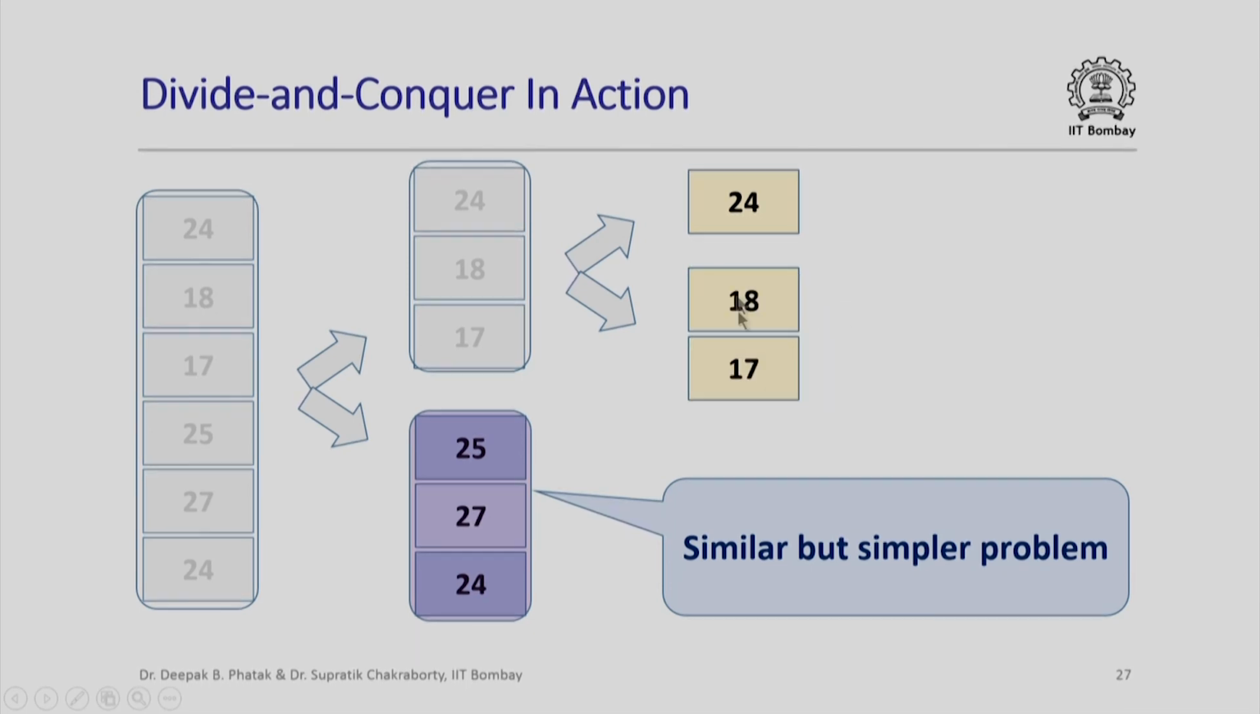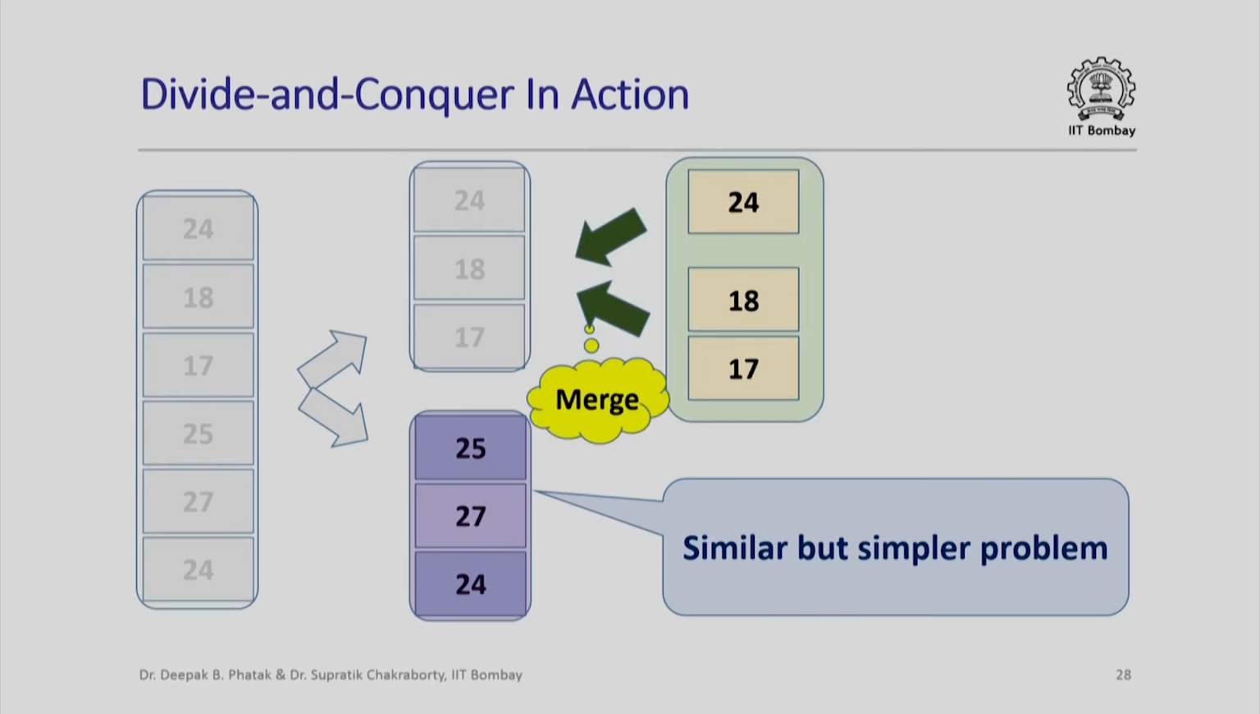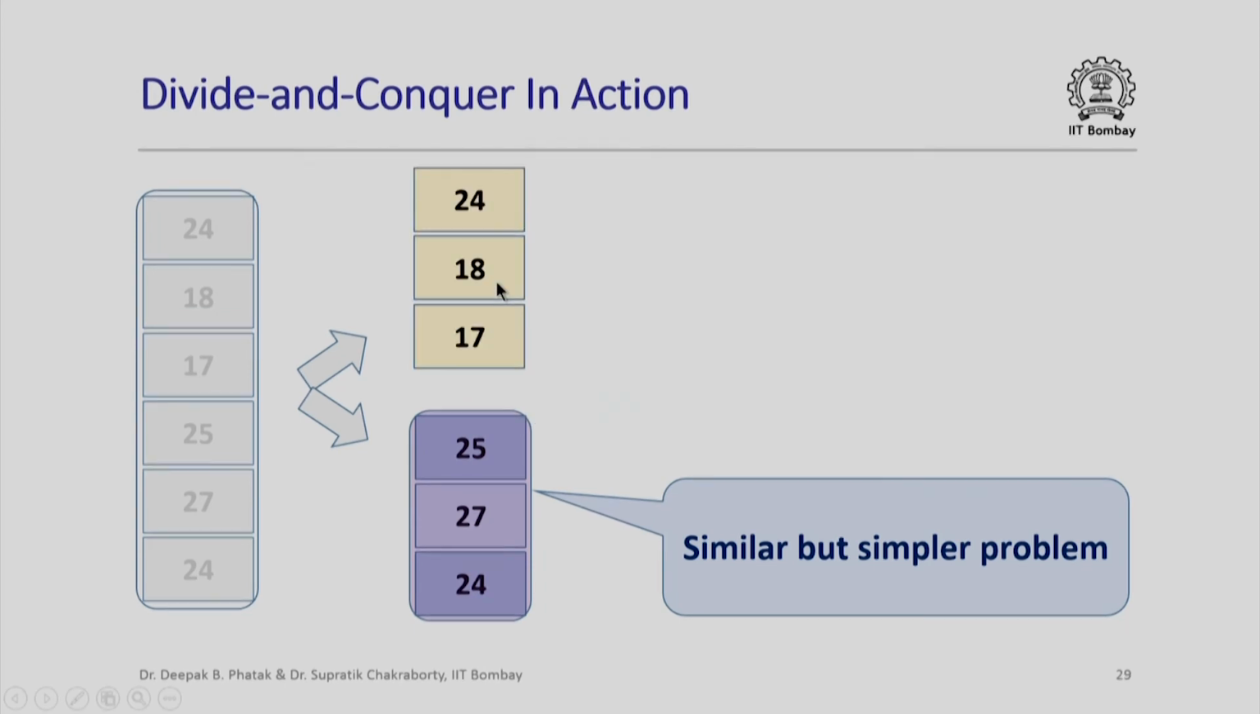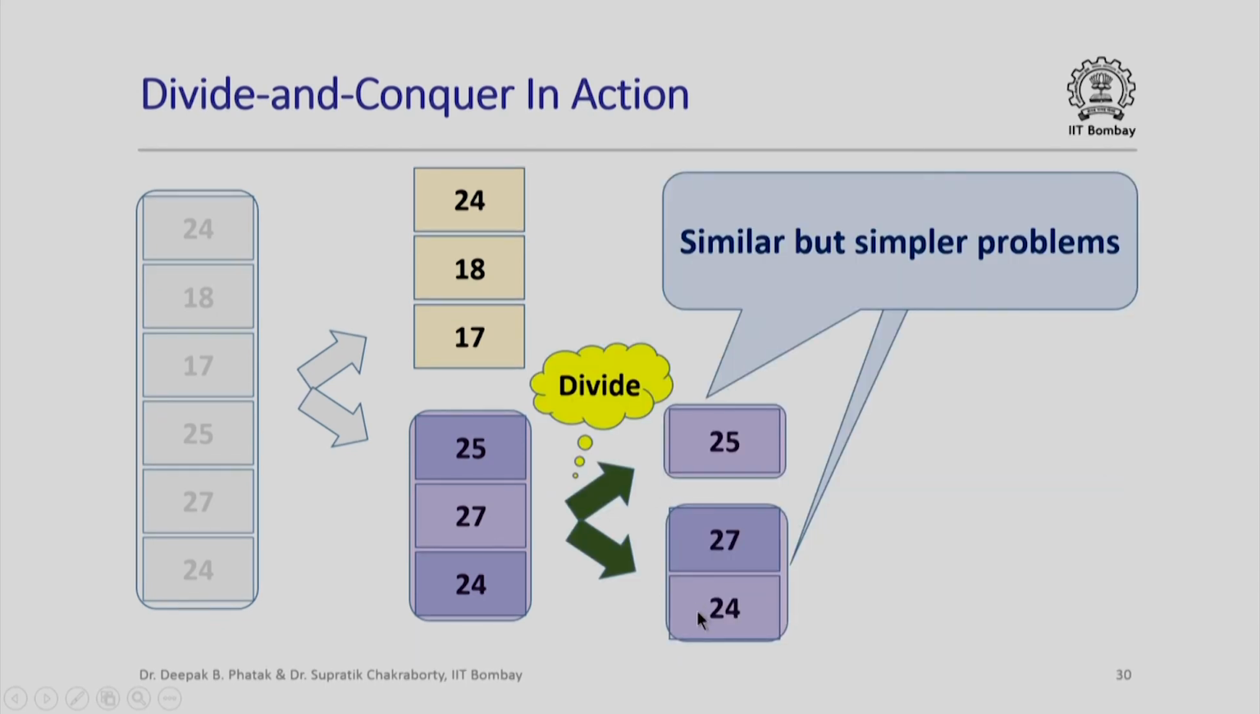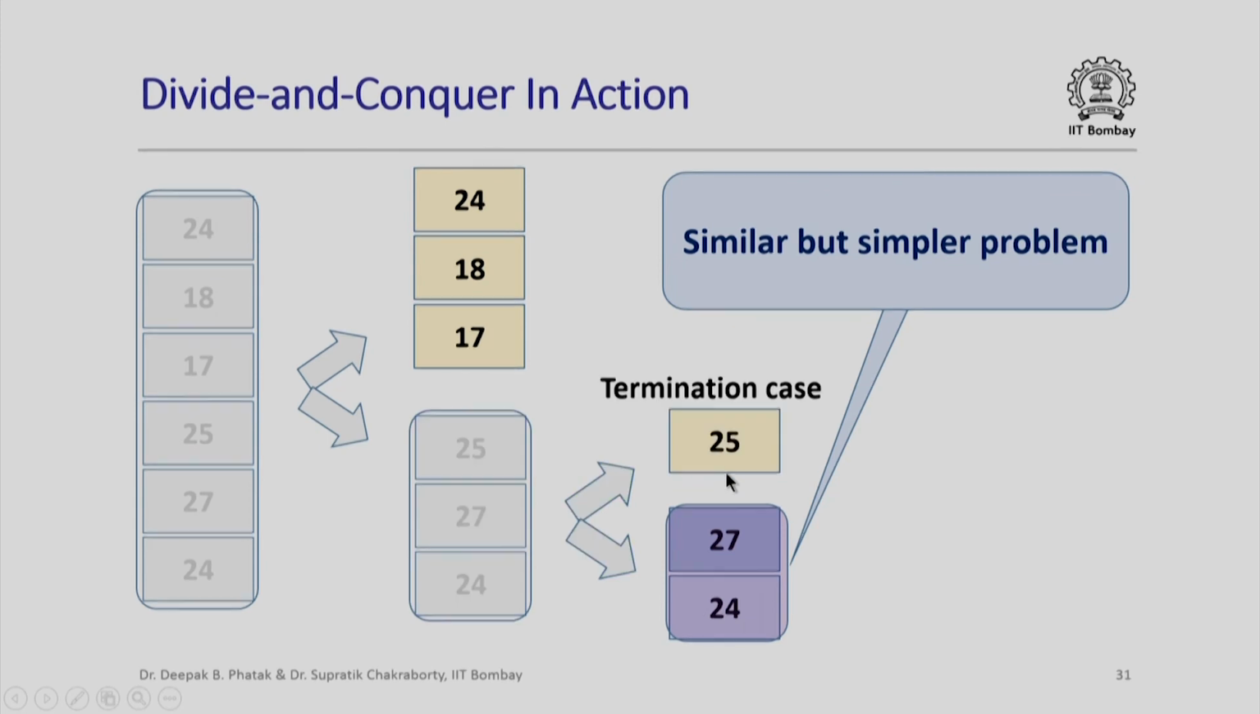So in this particular case I get this merged sorted array, and I already had this merged sorted array from earlier, so now I must merge them together to get this merged sorted array. So that is what I get here. And now I must still solve this similar but simpler problem. So once again I will have to divide it into two parts, and now this part is an array of